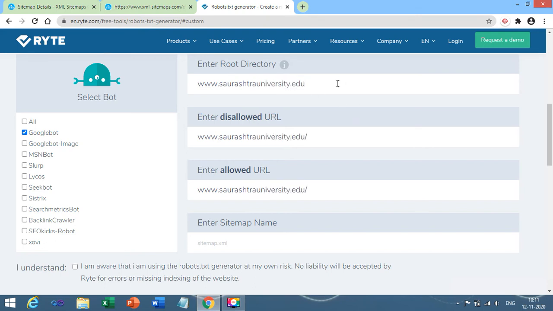You are not able to generate a robot.txt file for our website because it contains limited pages. So I have taken the example of saurashtrauniversity.edu. Now see, again robot.txt file is specially designed for the crawling purpose, right?